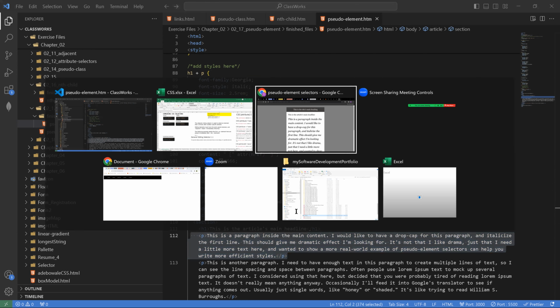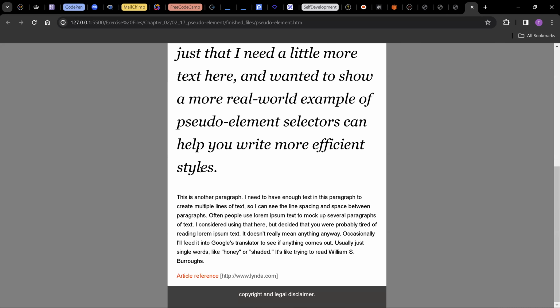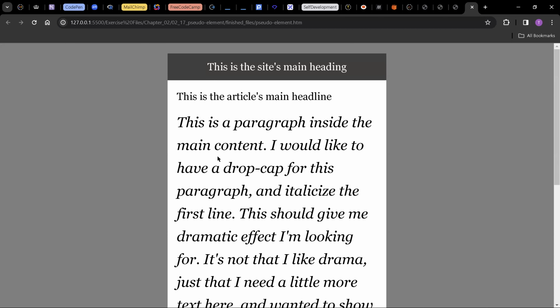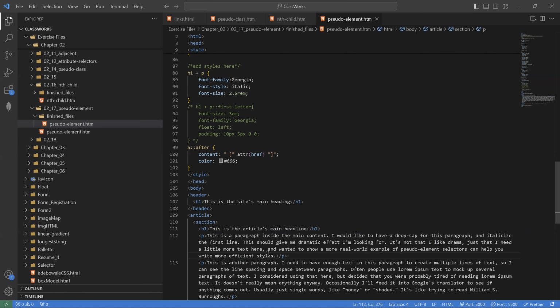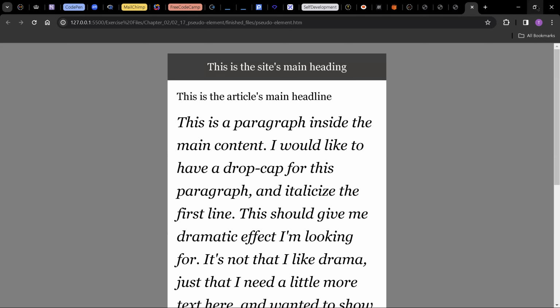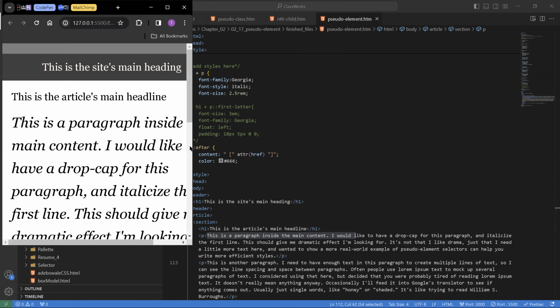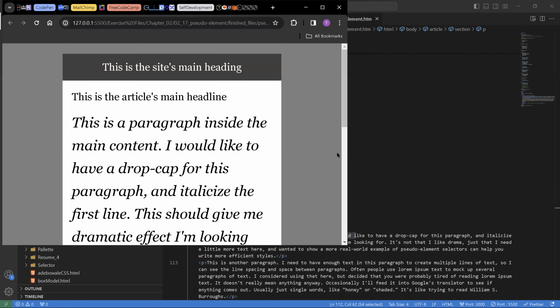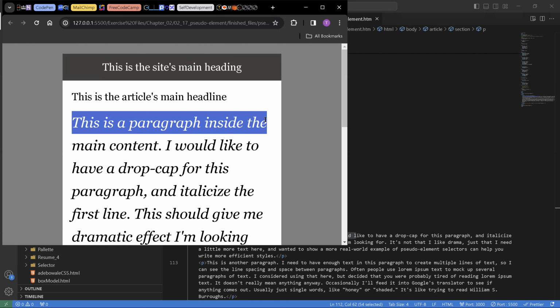So let's see. You can see it's so big. That's the very first element, right? So now everything here has been selected by just using this one, this H1 plus P. But my aim is just to style the first line. Now, this first line can be a function of the viewport. As the viewport is increasing, the first line is increasing. Now, this is the first line here, right? That's the first line. If I increase the viewport width again,